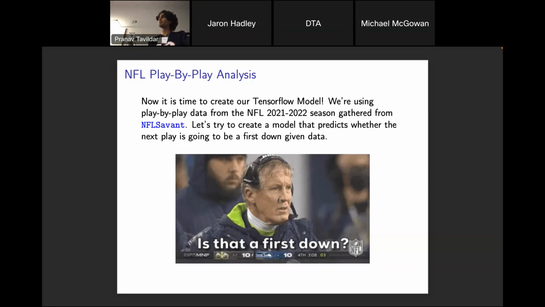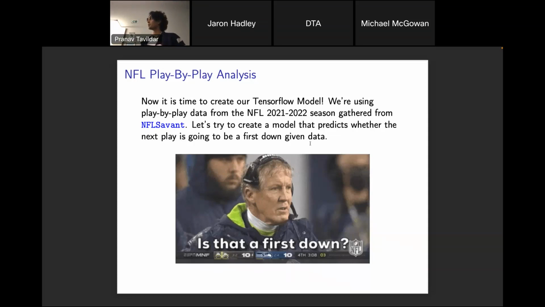Exactly. And all of that data is somehow publicly available due to web scraping, if you took the last course, or by a bunch of officials who released these reports. So I got my data from NFL Savant. Basically, in a CSV, I have every single play that was done in the 2021 to 2022 season. They have it for every year, but I'm just going to be using one season for this model.